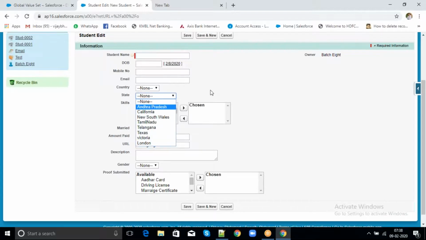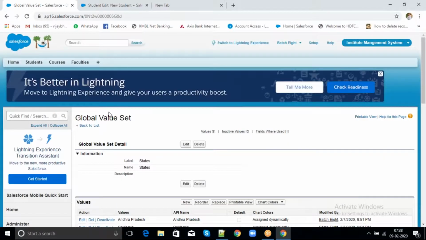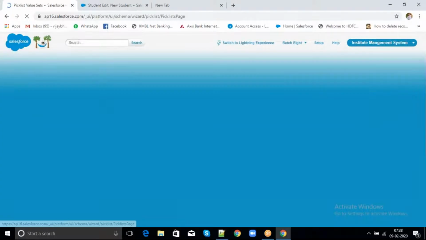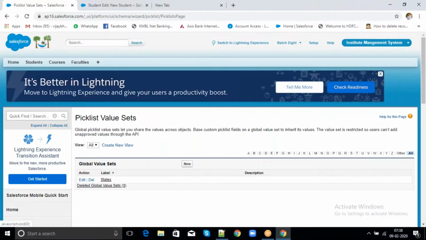So London, it is displayed. Clear right till now? Now what I want to do, by default state field should be read only. Then after selecting the country, then appropriate country states should be displayed here, not all the states. For that we have one concept, field dependency. Okay.